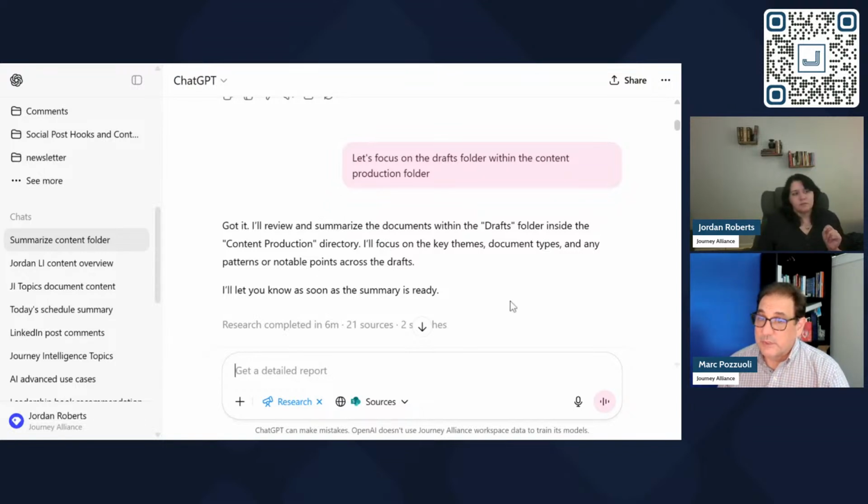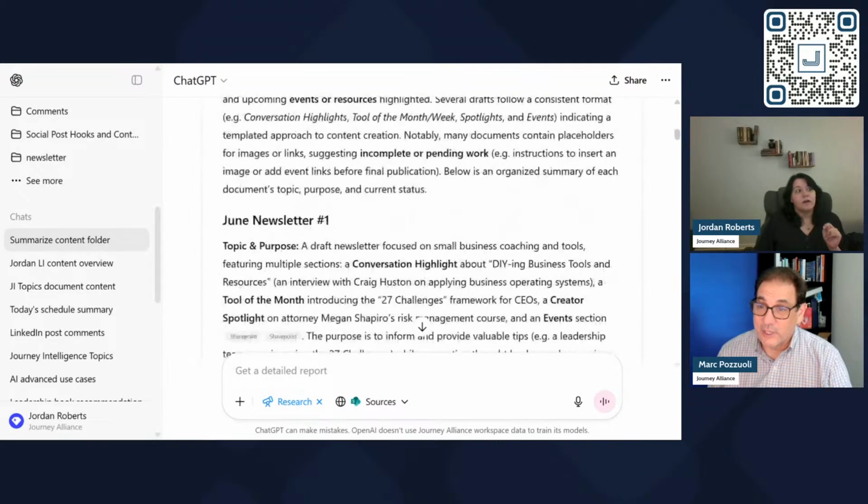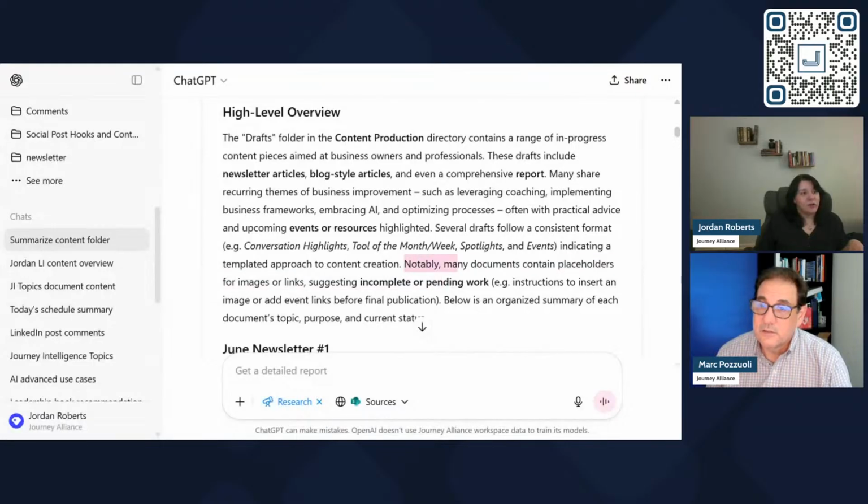So when you had to do it, you had to do it in research mode for the smaller folder, and it looks like it worked on it for about 6 minutes, and it gave you a very long document, a very long output. Very long document. It's telling me everything that was in there. It even gave its own little thoughts here about images, links, and it suggests that the work is incomplete,